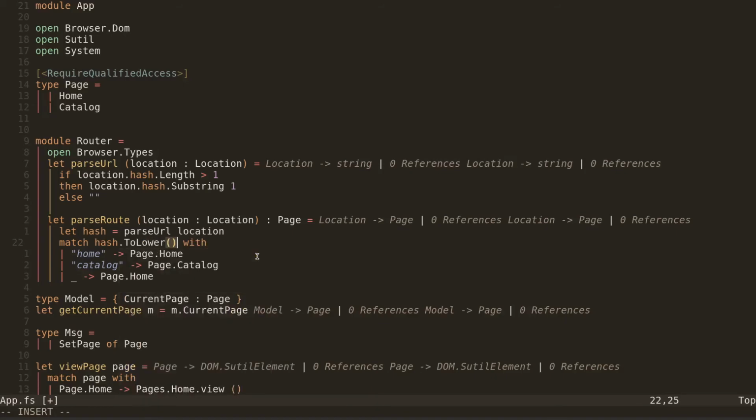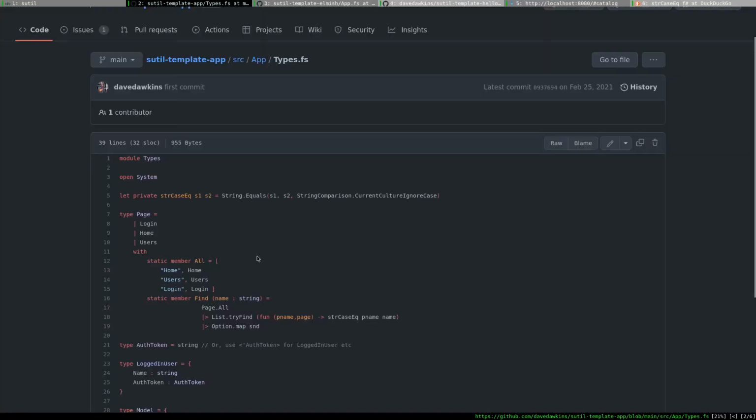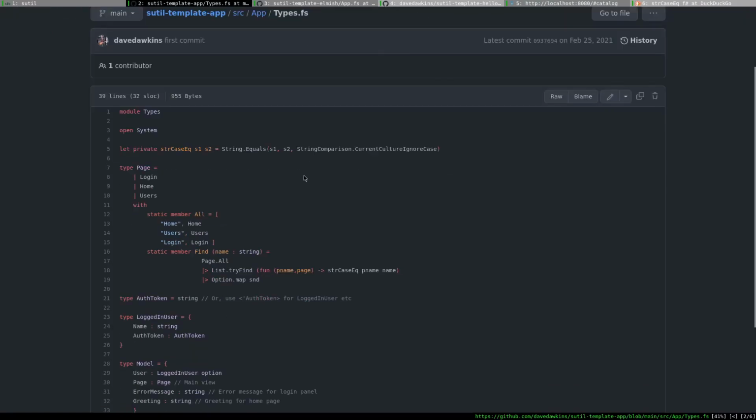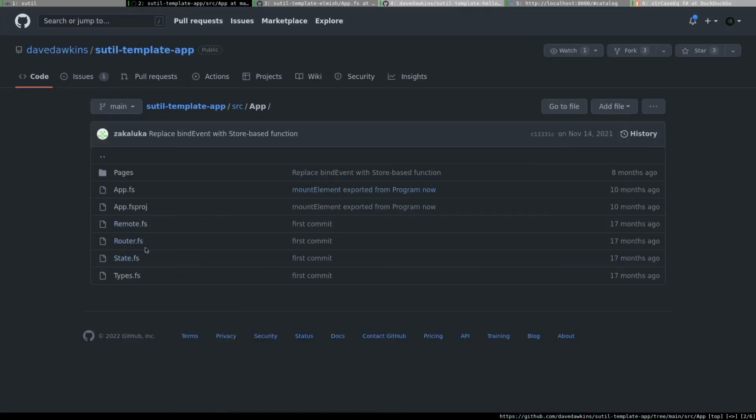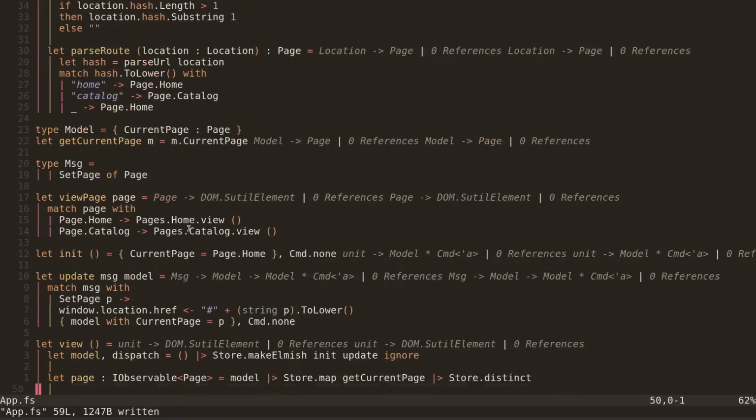Lower. Okay, so maybe that would be that. SND, I have CSS. Okay, and